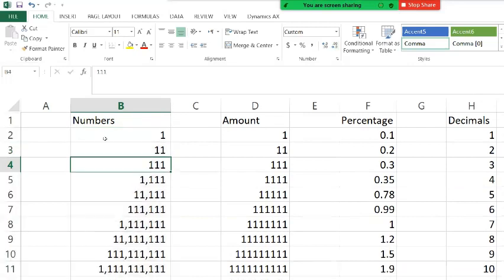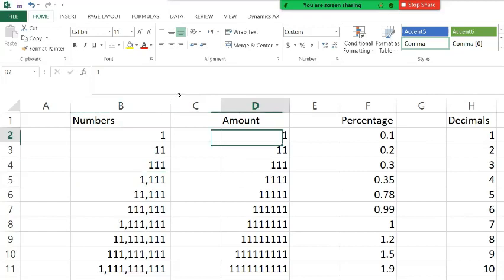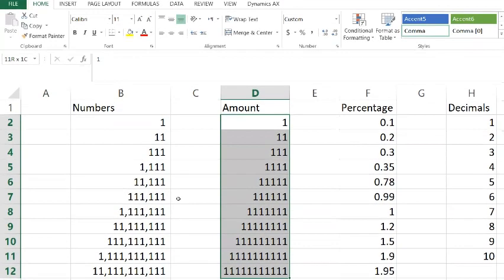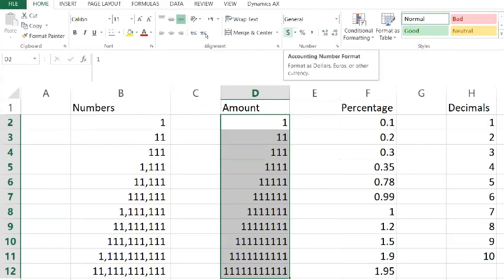Now here we have got numbers, but we are not sure whether this is just a number or represents an amount. If you want to clearly highlight that the data in that particular cell is an amount, you can select the data set which you want to convert to amount and just click on this $ sign. This is the Accounting Number Format.